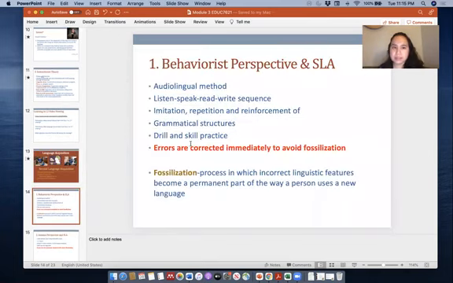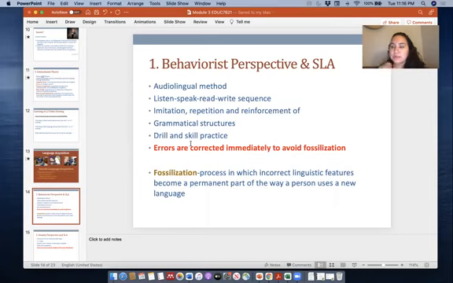So the behaviorist perspective is very similar to the behaviorist approach from first language, but here it's applied to second language acquisition. You would see the child or person listening, speaking, reading, writing, this type of sequence. And again, it would be imitation and repetition, and they could be learning these structures from a person, but you can also see that happening